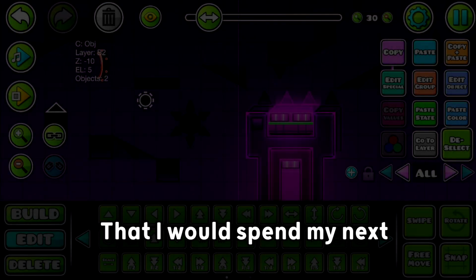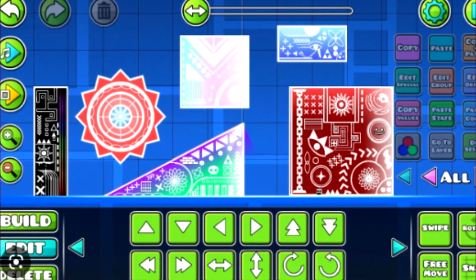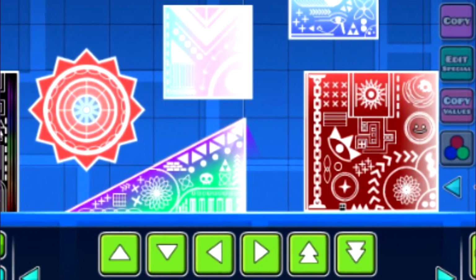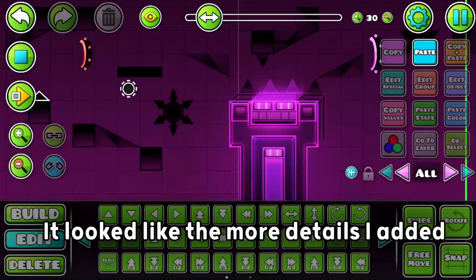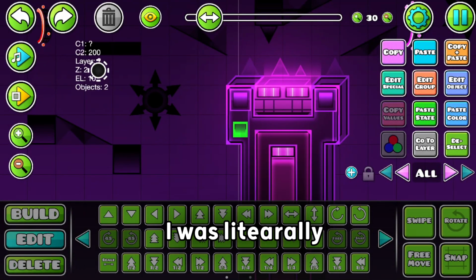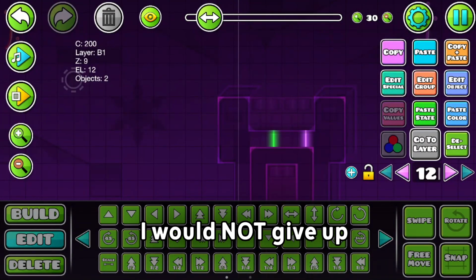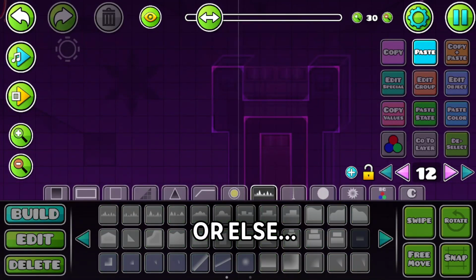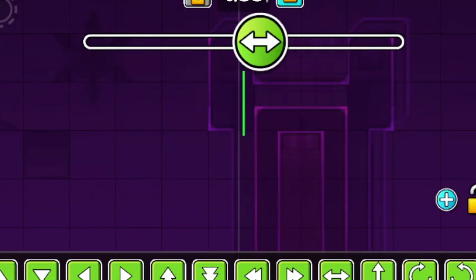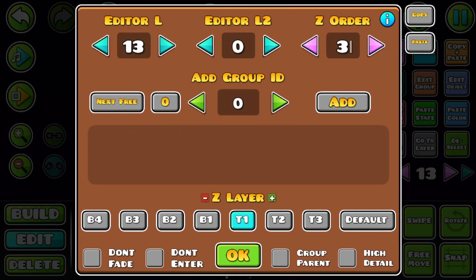But little did I know that I would spend my next 3 hours trying to figure out how to make the rest of this block without making it look like it was made by a chipcore creator. Like seriously, it was a pain to finish this block. It looked like the more details I added, the worse it looked. I was literally burnt out at this point, but even with that, I would not give up, no matter what. I decided I would come up with a good block design or else nothing, probably. After 3 long hours of pure suffering, I decided to leave the details from the block for later